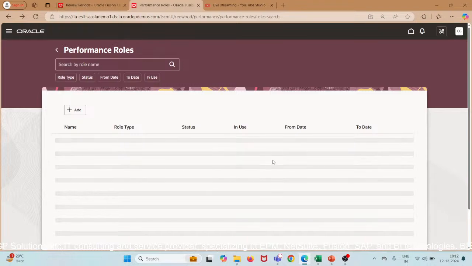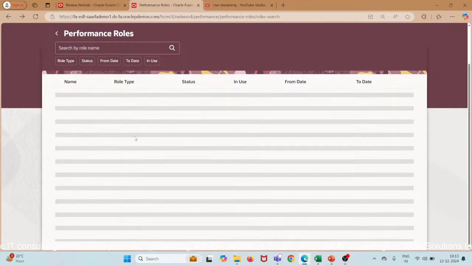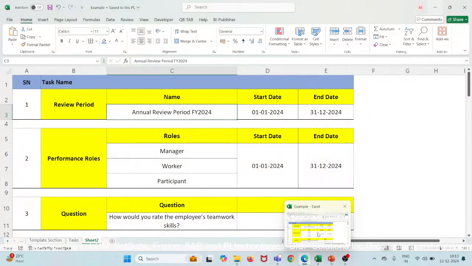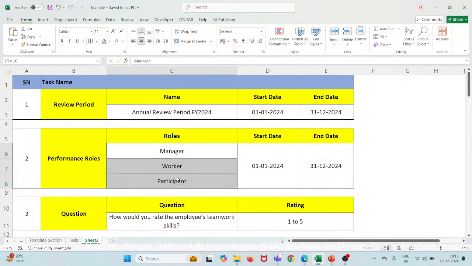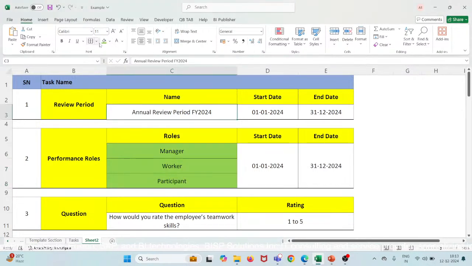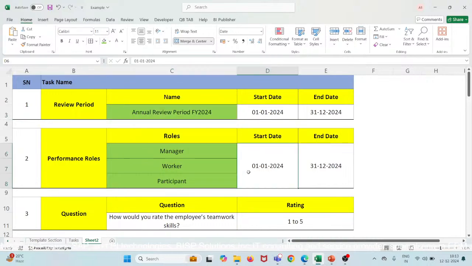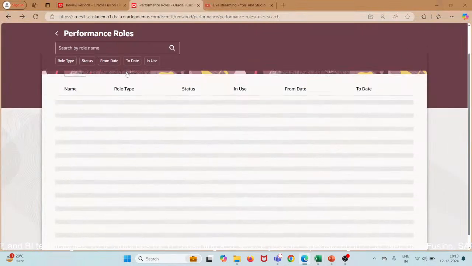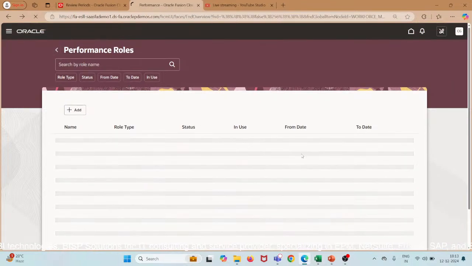So for our example, we need 3 roles. We already have those. Okay, one is manager, the second one is participant, and the third one is your worker. So we have these 3 roles. Let me mark it with the green color. So we have what all part we have already done. After the performance role is done,